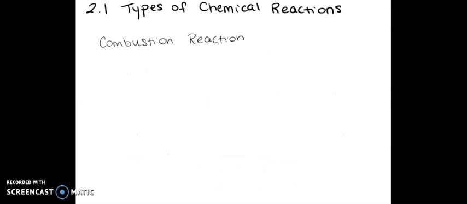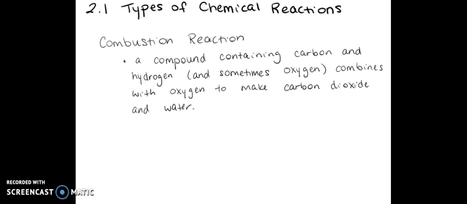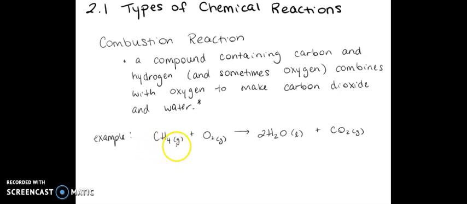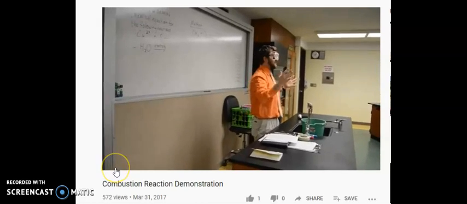The last type we're going to talk about is combustion. And this is where a compound containing carbon and hydrogen, and sometimes oxygen, combines with oxygen to make carbon dioxide and water. There are a few different types of combustion reactions that we're going to talk about later, but this is the basic one we're going to talk about today. This is where something flammable, like this methane gas, combines with oxygen gas to create water and carbon dioxide. We'll demonstrate for you